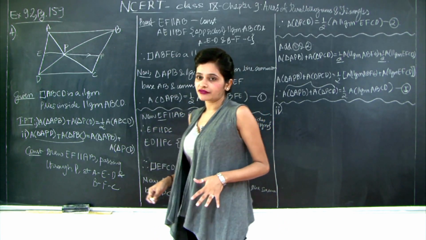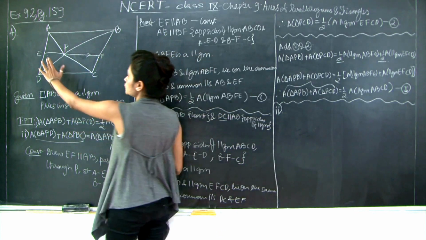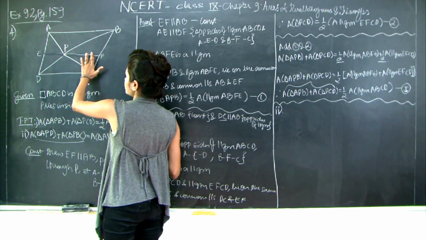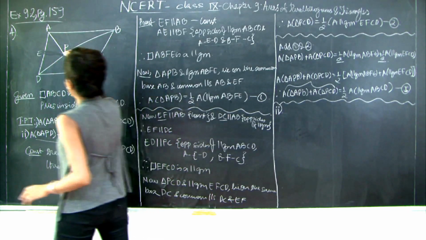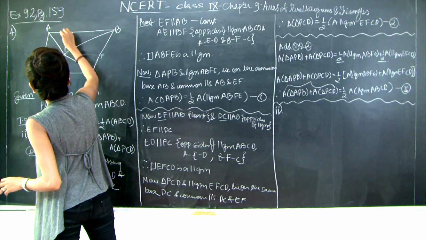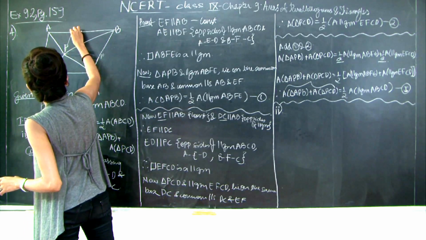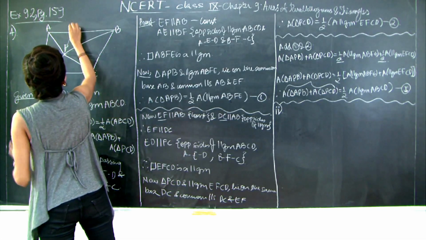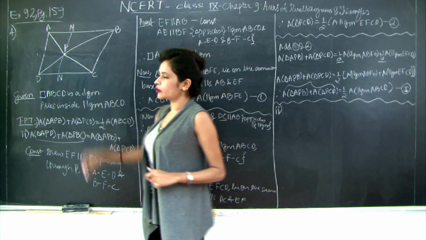So now what we will have to do is, see, we drew a parallel line this way. So what we are going to do is, now I am going to erase this line. Please do not erase it while you are doing it in your book. Let it be as it is. This is only for your reference purpose. I will draw a line through P and I will call it MN, such that MN is parallel to AD.